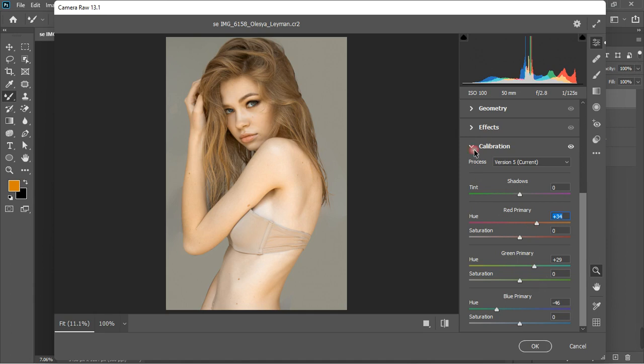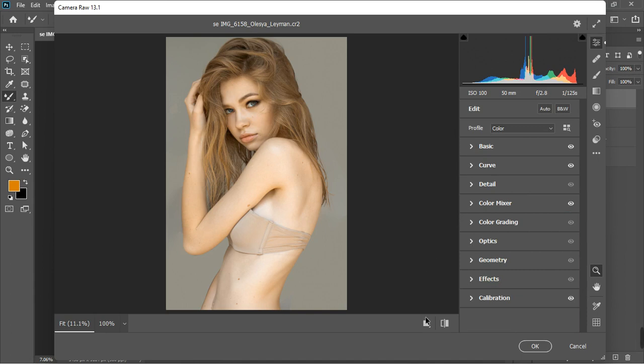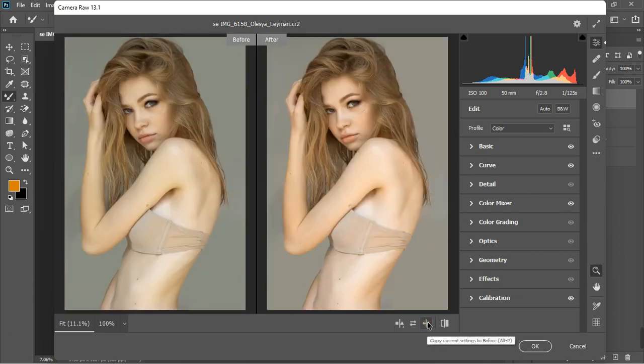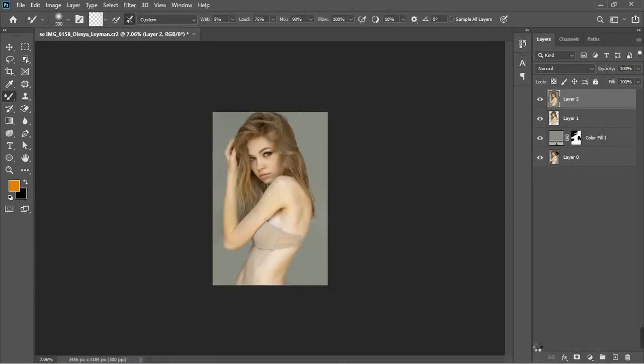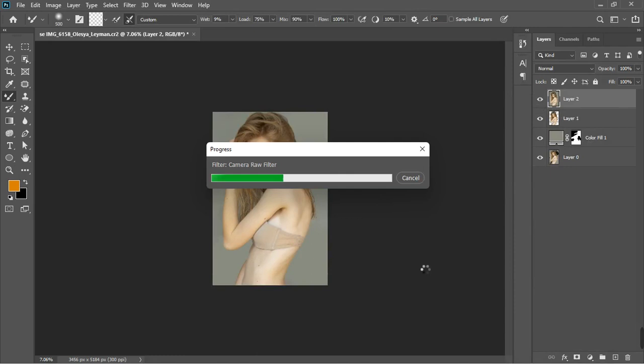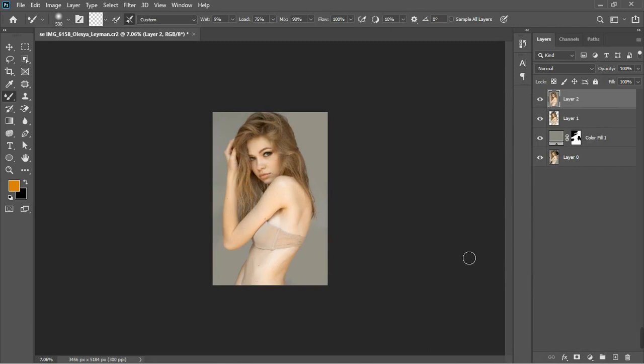I'm going to drop down this, and let's see our before and after. So not too much change. I'm going to hit OK, and after that I'm going to do one more last thing, which is color grade with the color balance. So let's go select the color balance,